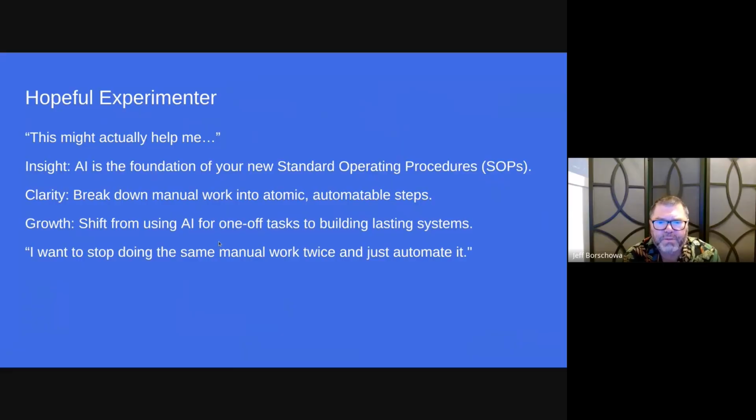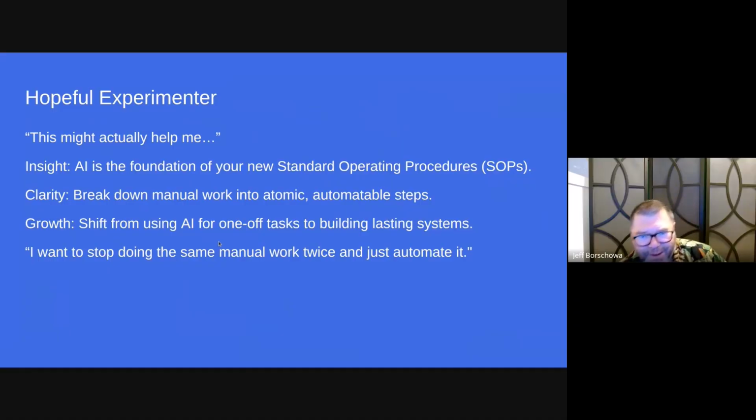Now, back to SOPs and what they do and why they're important, and why AI is the missing piece. I believe that with a good system, whatever that system is, our employees will rise or fall to the level of our systems, not to the level of their abilities. So great systems allow great employees to do great things. Terrible systems, sorry, but nobody's going to do great things.